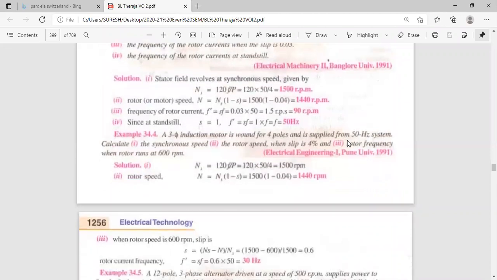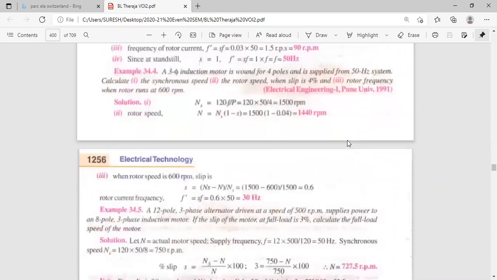Okay. Next problem. A three-phase induction motor is wound for 4 poles. Write down P is equal to 4, F is equal to 50. What is the synchronous speed? Ns is equal to